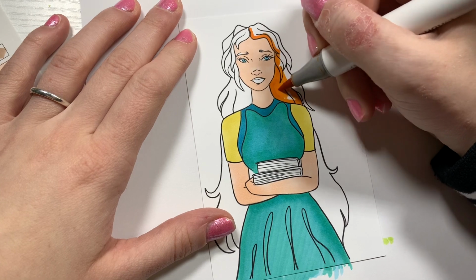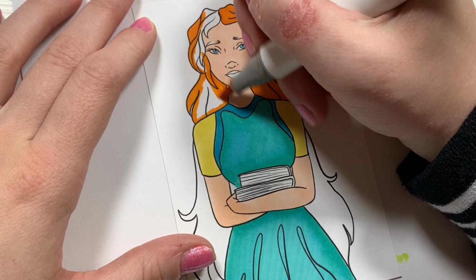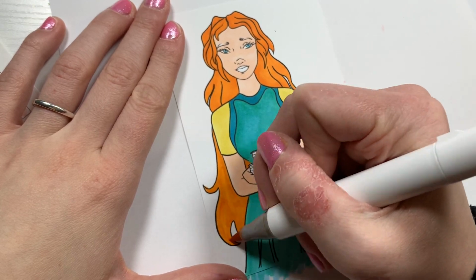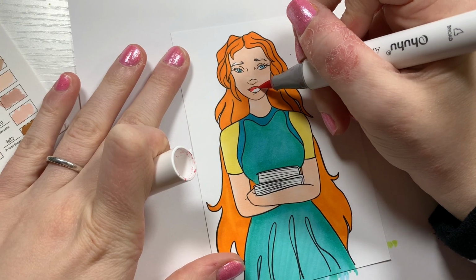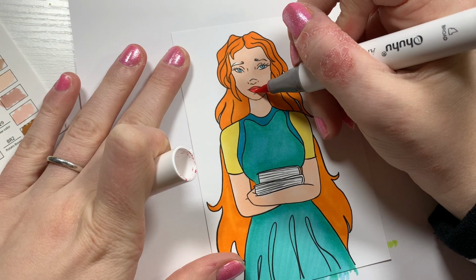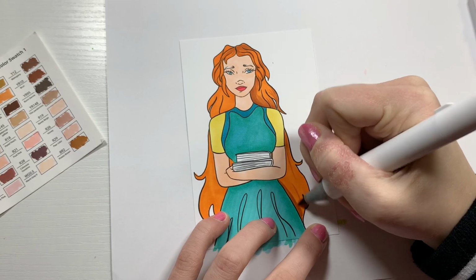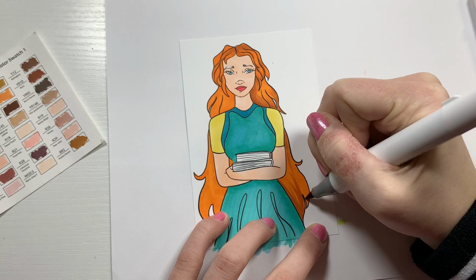I went with orange for the hair. She definitely has orange hair, and I was going to add in some red to it, but I felt like that would look too much like Strawberry Shortcake, and I really wanted to separate all of these characters, so instead I shaded the hair with a darker, deeper terracotta orange, and I felt like that fit the character a lot